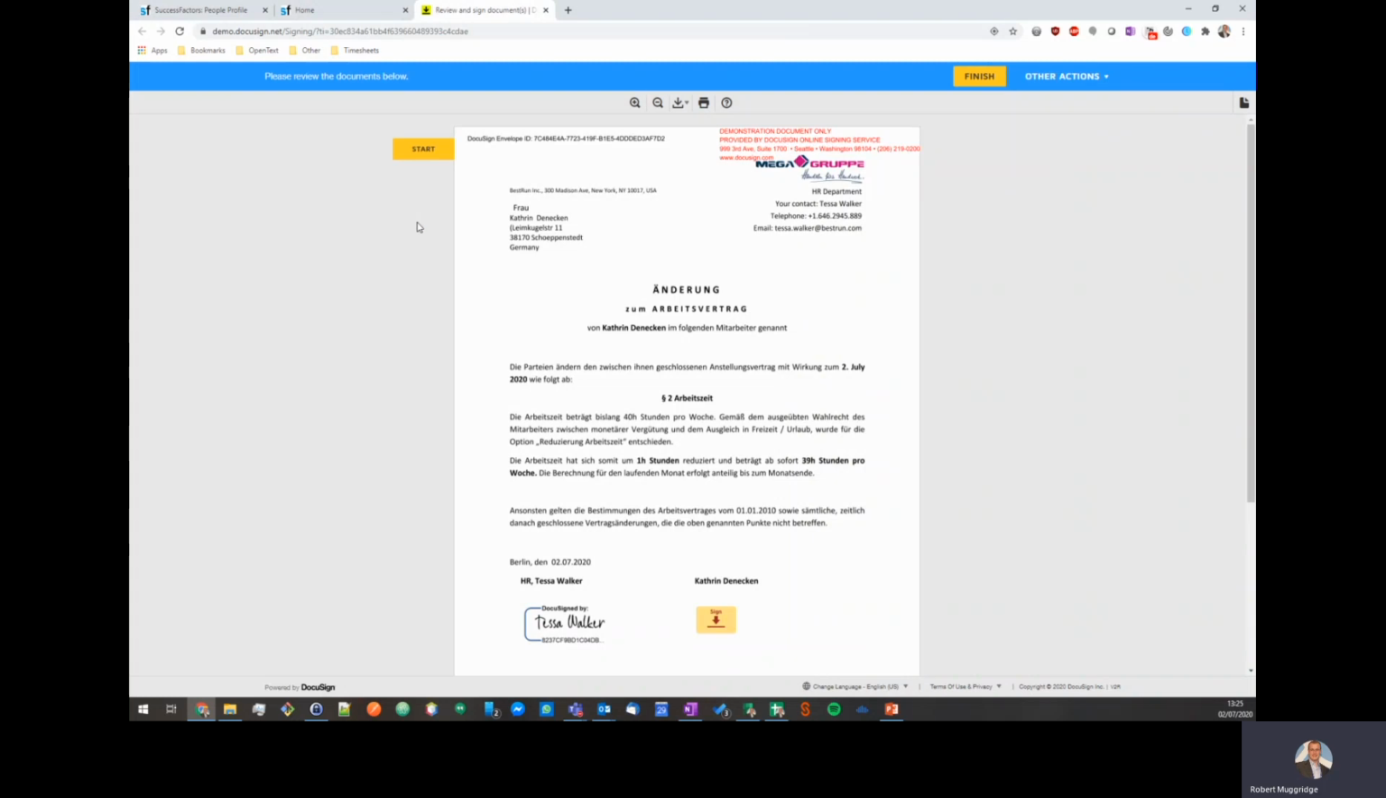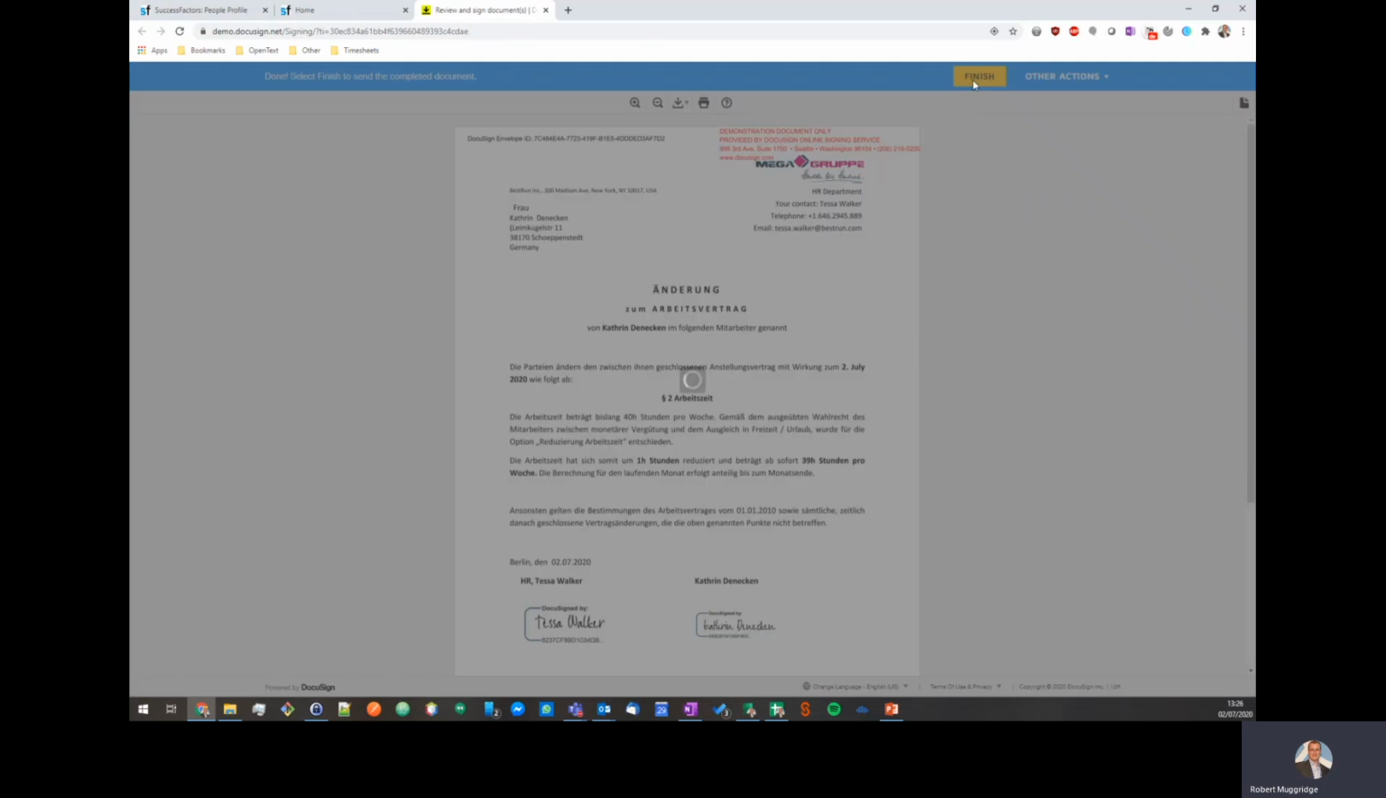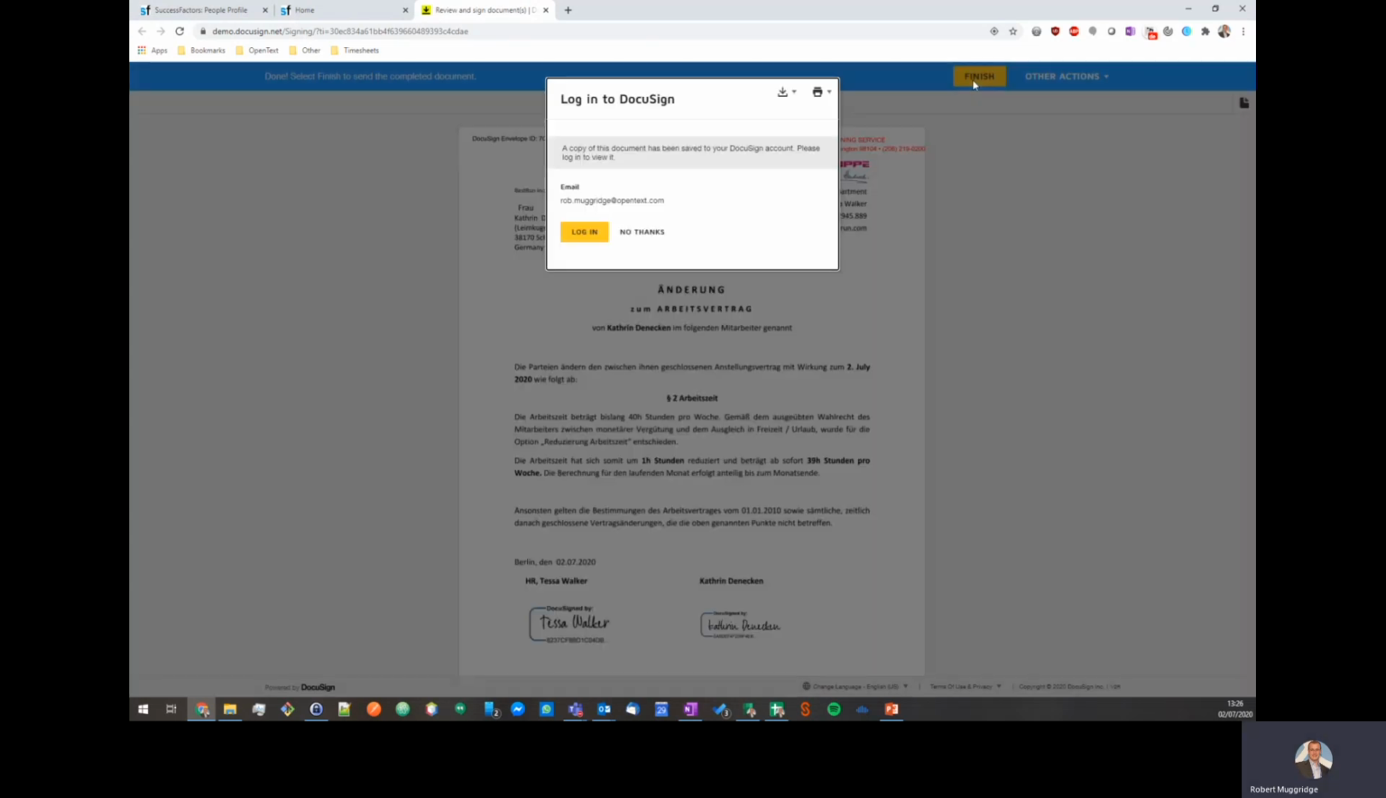So if we go back to DocuSign, here I am as Catherine. I've gone in to sign my document that I've just received from HR. This is the document that was generated, and here in DocuSign we can use all the functionality that DocuSign offers. Signing, we can add dates, initials, we can add multiple signatures. Now Catherine has electronically signed that document. We can click on finish. By clicking on finish,